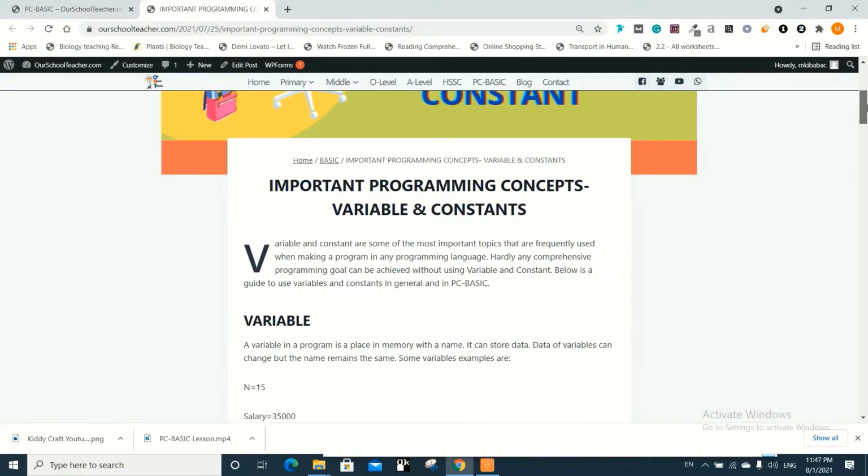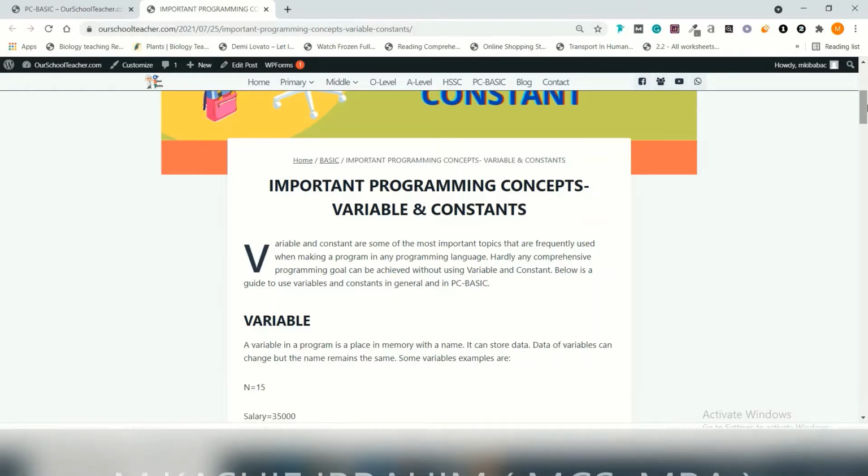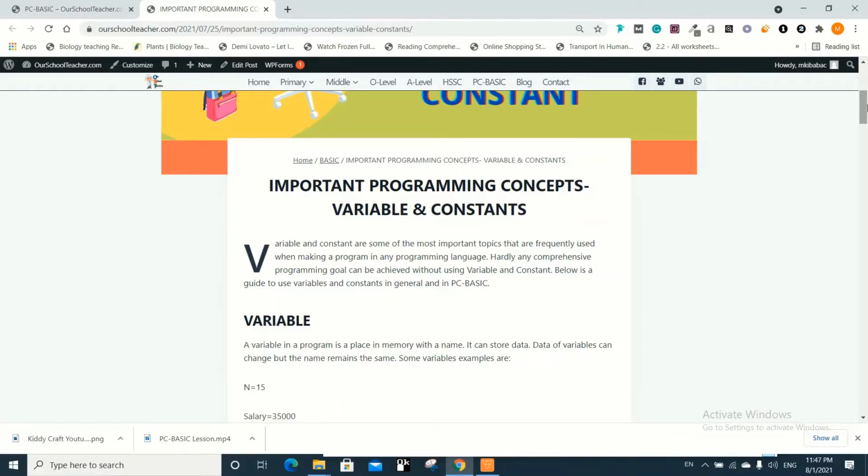So what is a variable? A variable is something which is very frequently used in most of the programming languages. About all programming languages have the concept of variables and constants. As we have discussed before also, in a computer system we have RAM and we have a hard disk.